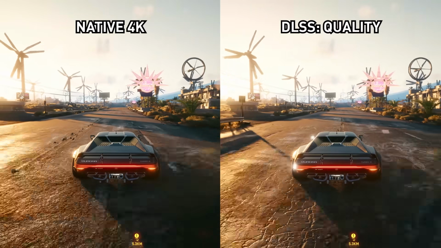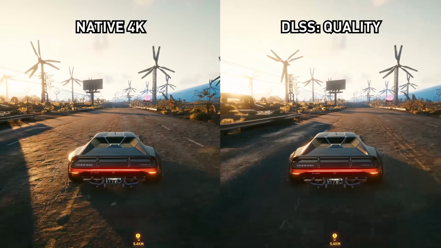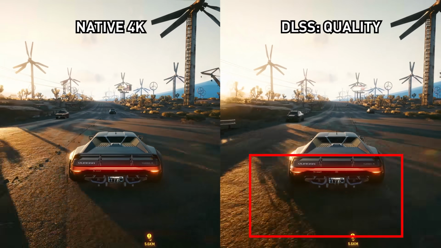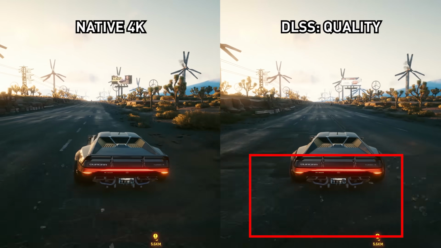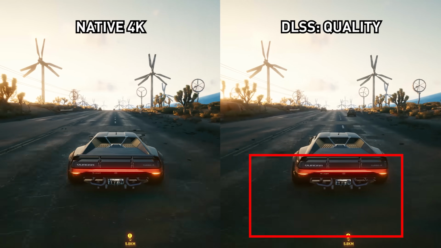Cyberpunk 2077 was one example of a game with pretty noticeable ghosting when using DLSS, even at 4K using the quality mode, which tends to be a best case scenario for the technology. Again, this isn't an issue in every game that implements DLSS, and there are still plenty of reasons to use the tech despite issues on occasion, but Nvidia are well aware of these drawbacks, and that's what DLSS 2.3